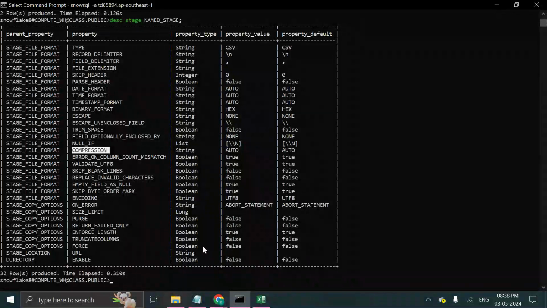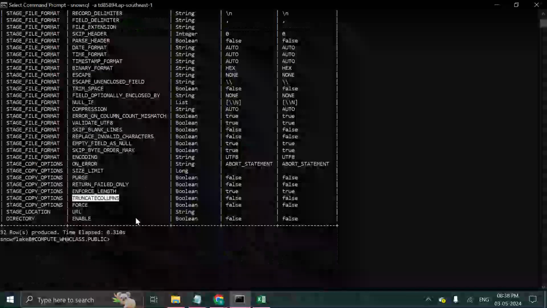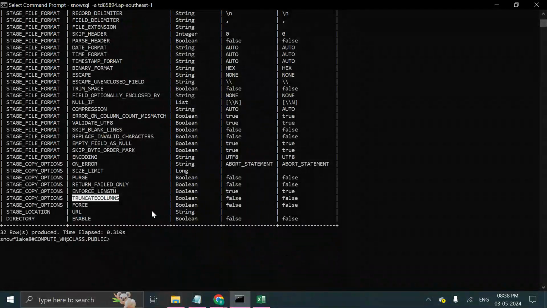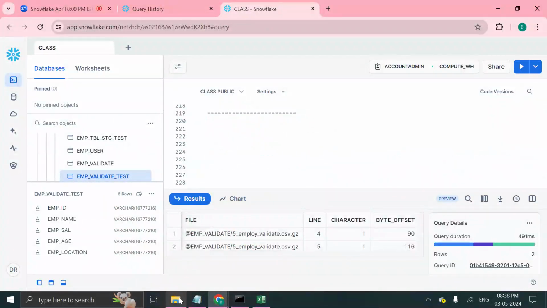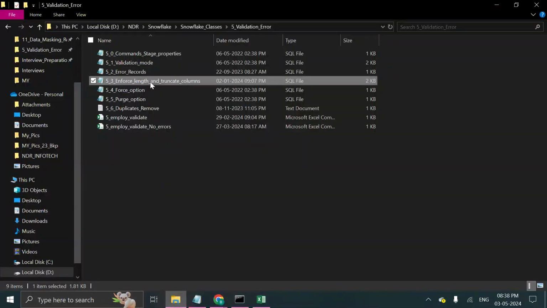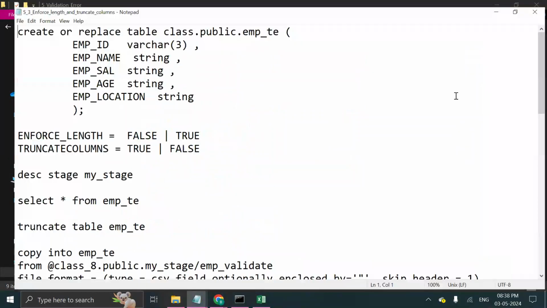Now let's see. We are going to use truncate columns. Both functions, enforce length and truncate columns, are for the same purpose. Don't get confused here. In the initial releases, they came up with enforce length. Later they came up with truncate columns, but both have a similar implementation. Let's say here we will create a table with a lesser length. For example,